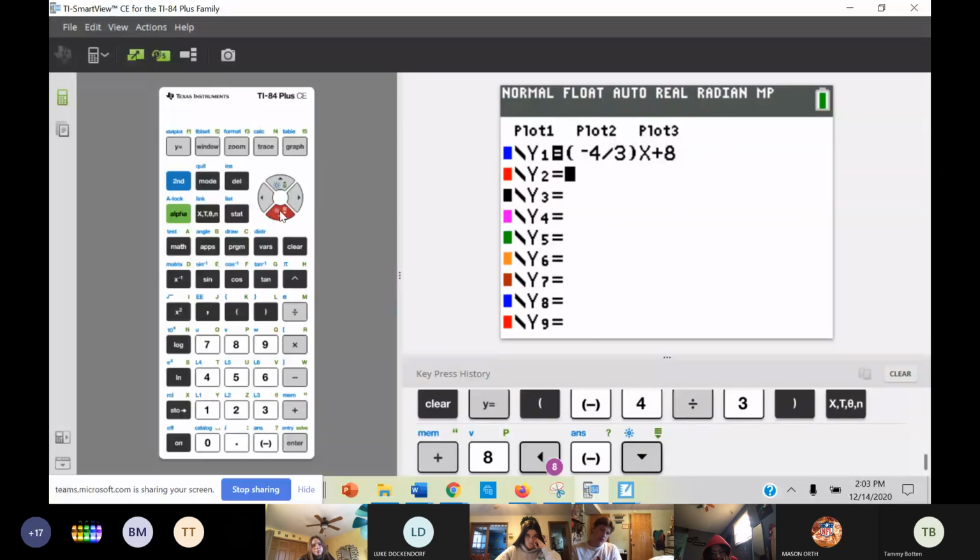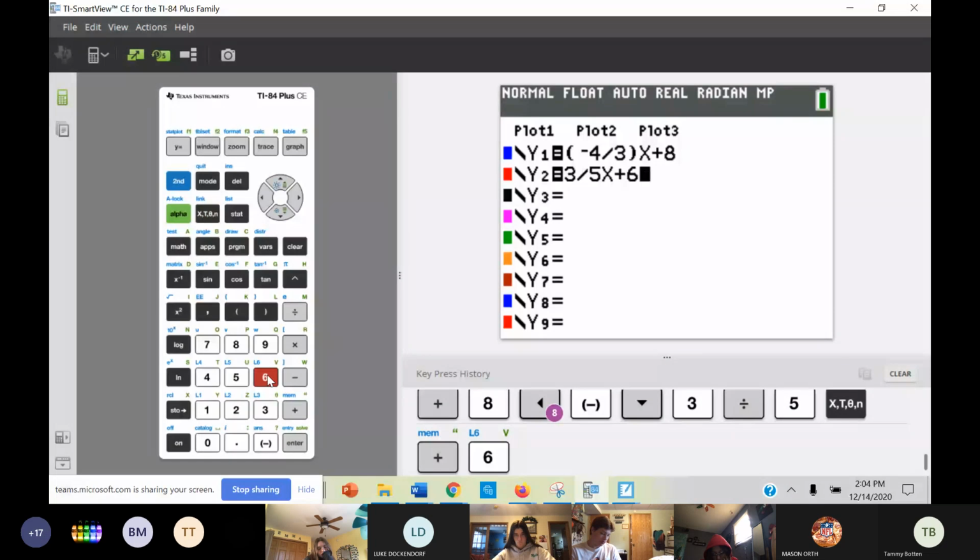Now we have that one in, so now we're going to put the other one in, and this one is y equals 3/5 x. Now this one's positive. You do not need to use parentheses if you have a positive fraction. If you want to stay in the habit of putting fractions in your parentheses, do that, but you don't have to. So we can go y equals 3/5, hit your x again, and then go